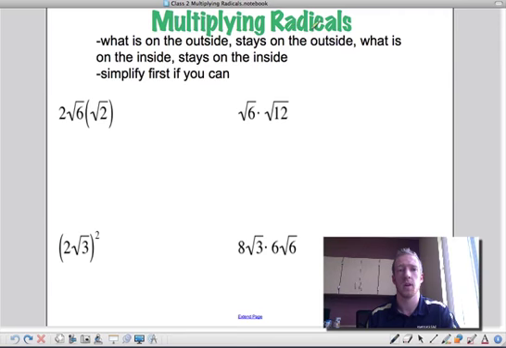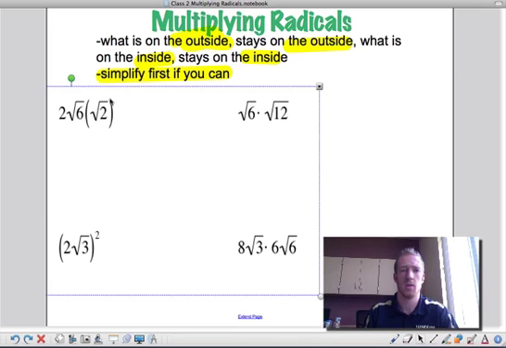Alright, so multiplying radicals. The key here is what's on the outside stays on the outside, and what's on the inside stays on the inside. So the outsides get multiplied, the insides get multiplied. It's easier if you simplify first, then do the multiplications, and then also make sure that you